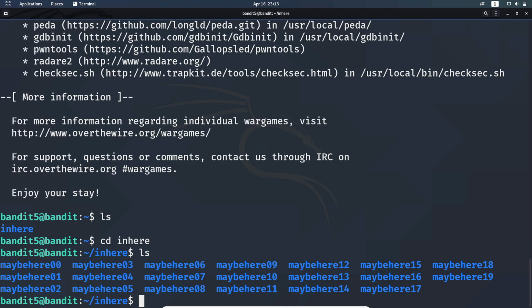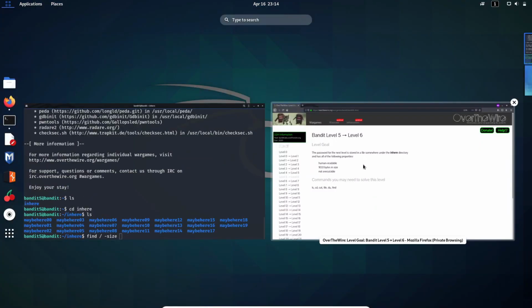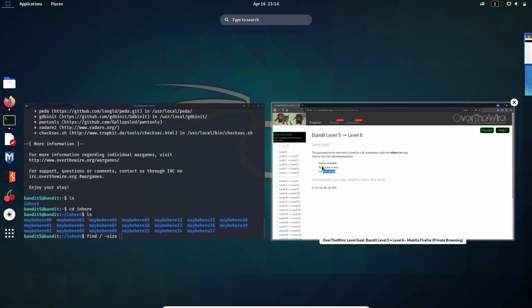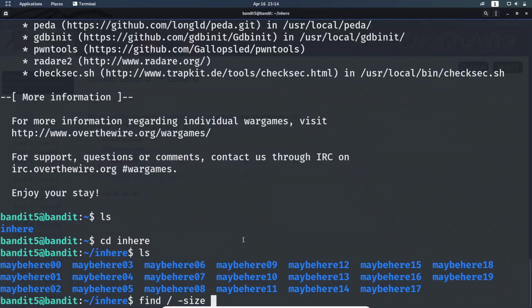So let's do one thing. Let's type the find command, slash, and it says size, let's see, size 1033, human readable and not executable. So let's do it.